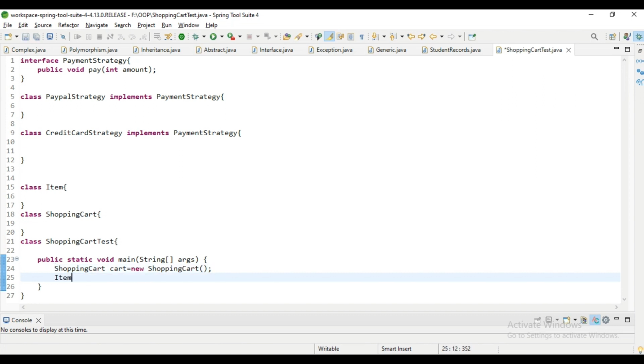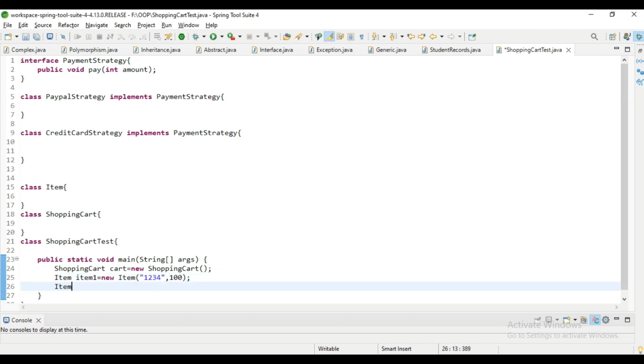Next, create the object for the Item class to store the values: item1 equal to new Item, and we provide the values for the constructor. Here we are going to use the parameterized constructor: first is the code for the product and second is its price. Price is, suppose, 100,